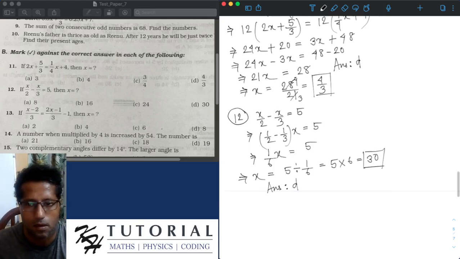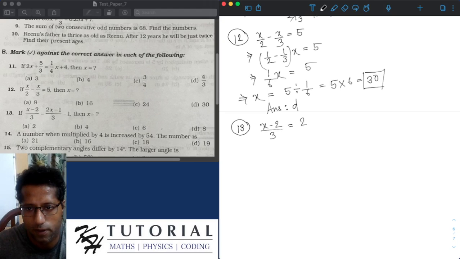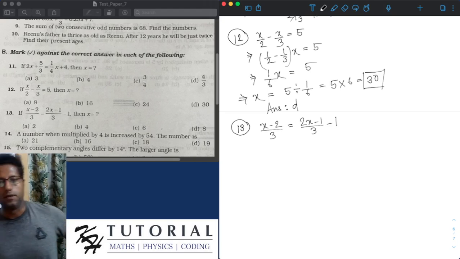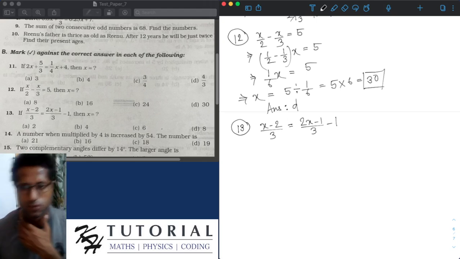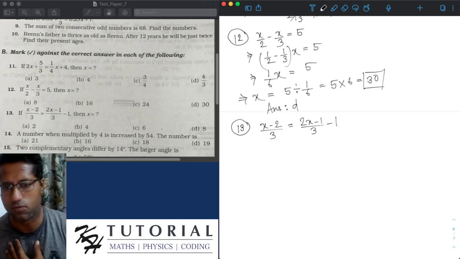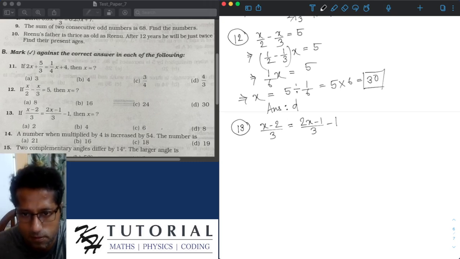Okay. Question number 13 is also solving a linear equation. The linear equation given is x minus 2 by 3 equals (2x minus 1) by 3 minus 1. Then find the value of x. So we have to solve this equation. We see that two terms are in the form of fraction, and they both have denominator 3. So we will multiply both sides